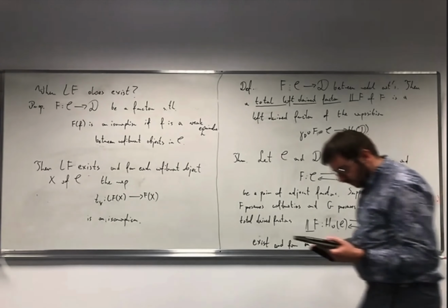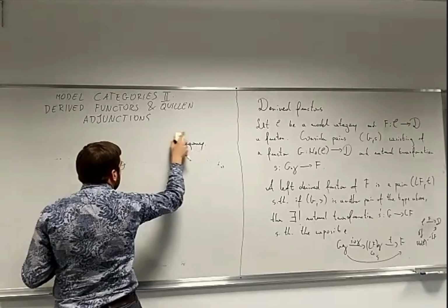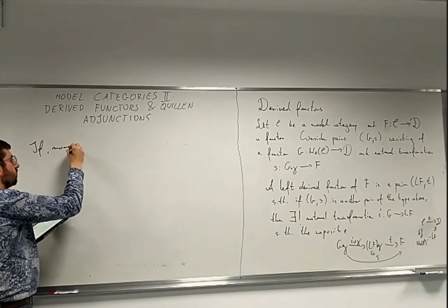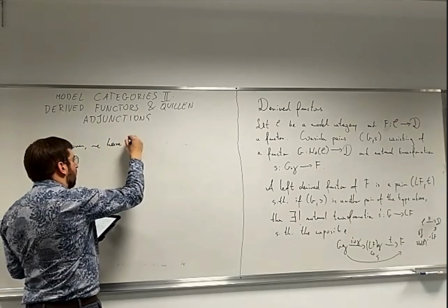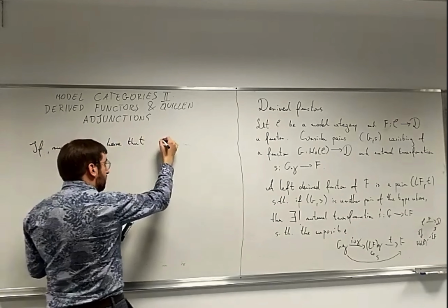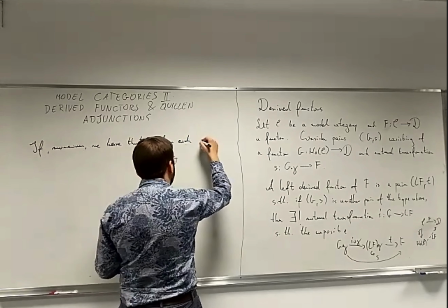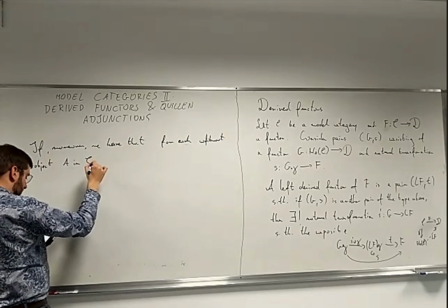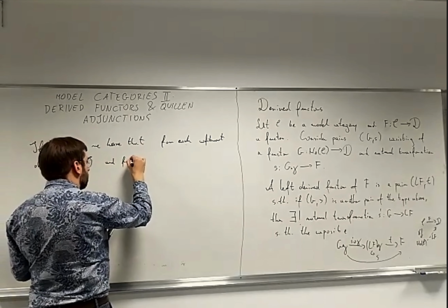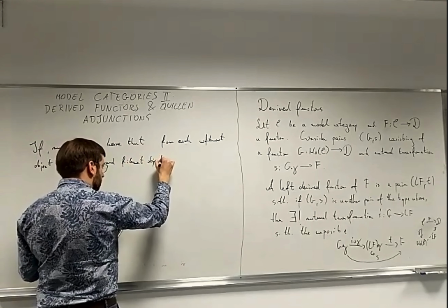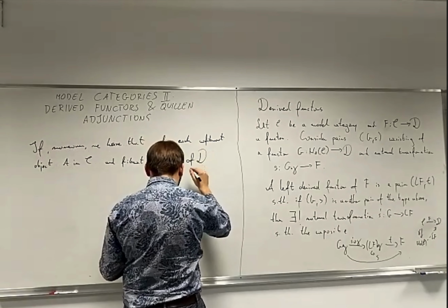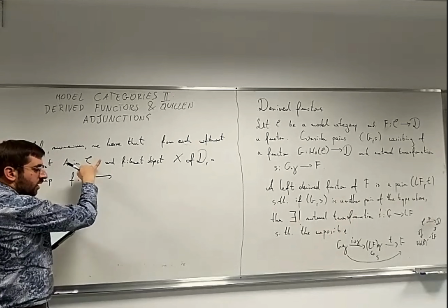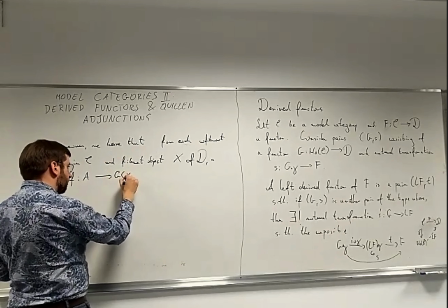And if moreover we have that for each cofibrant object A in C and fibrant object X of D, a map F from A to, so now we are in the category C, so we need to have G of X, is a weak equivalence